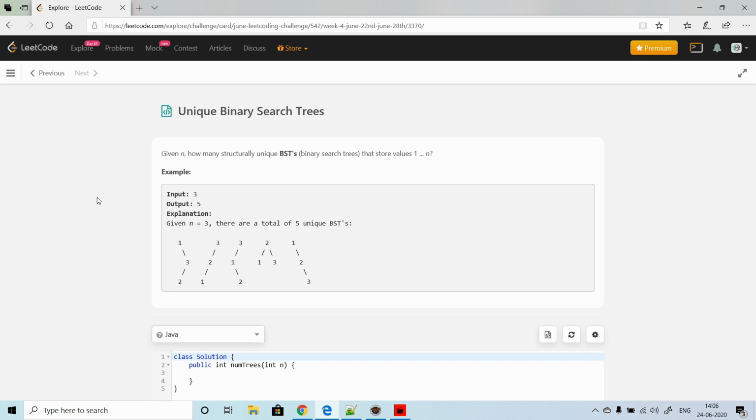How's it doing, guys? It's day 24 of the LeetCode June challenge, and today's problem is Unique Binary